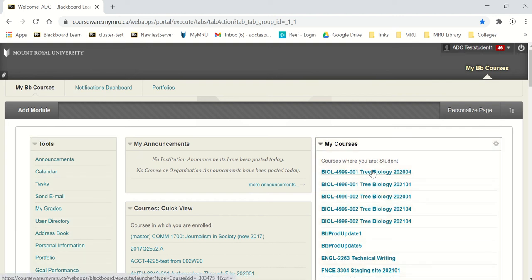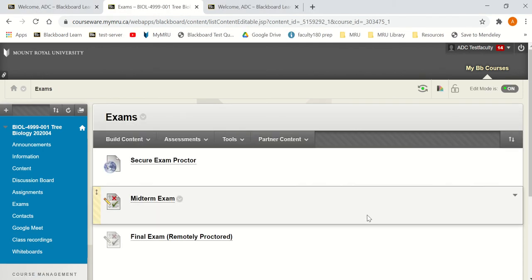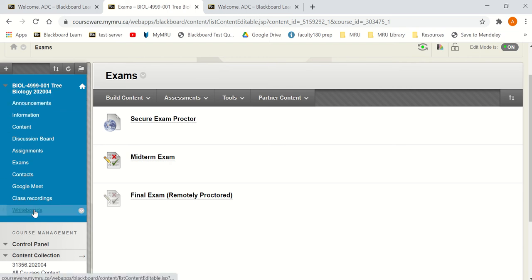And perhaps even when they go into your course, there's no tools button where they could check my grades in the course. Maybe you've hidden or removed that tool. So that's what I want to answer. The couple of things that can prevent students from seeing their grades is if you don't have a tools